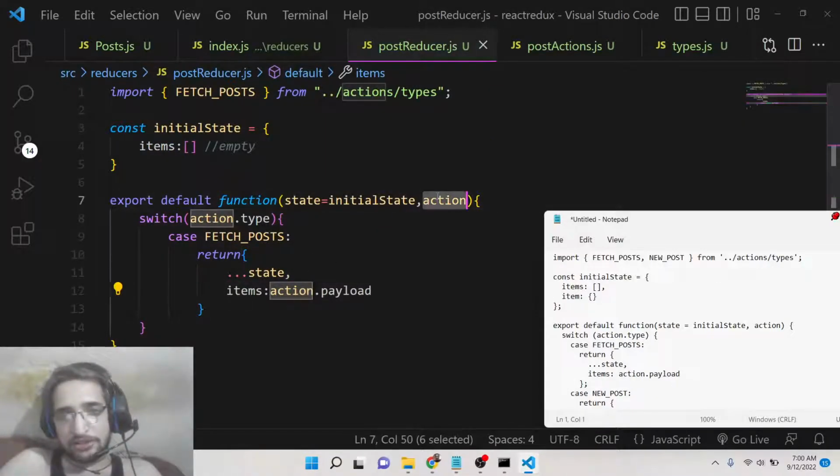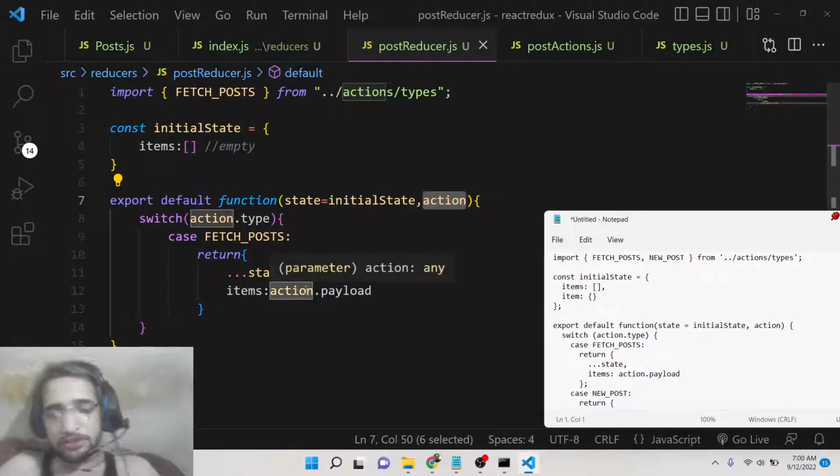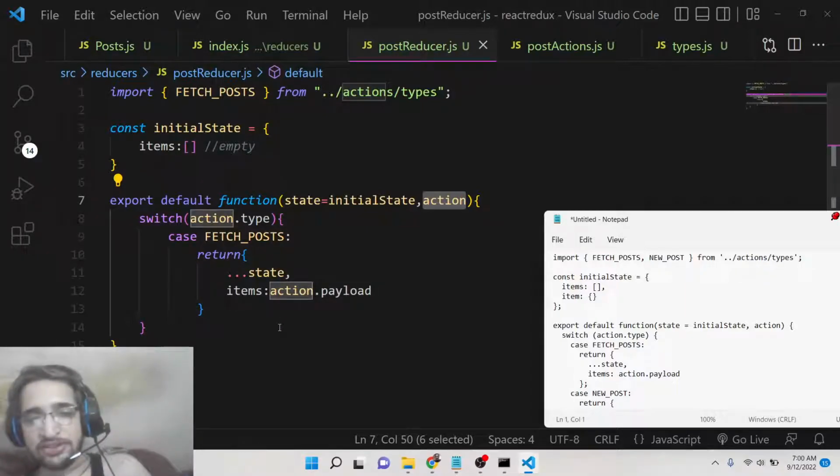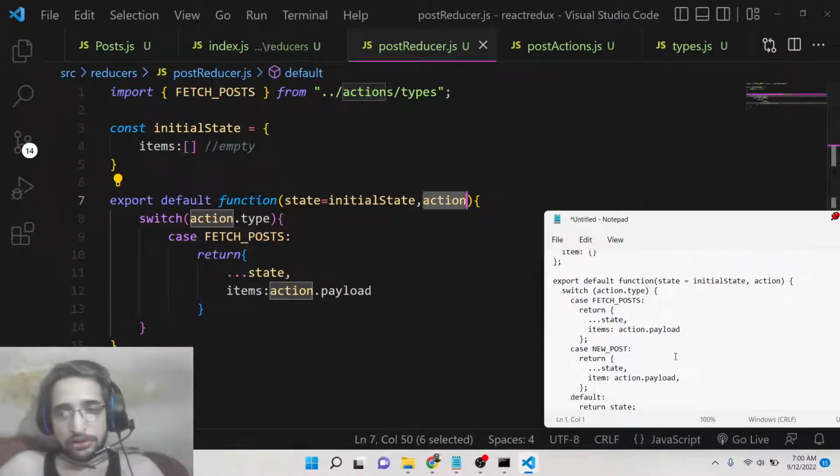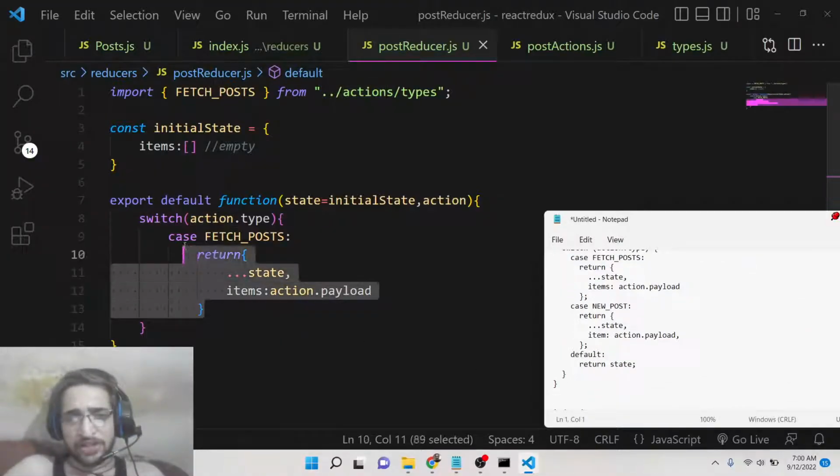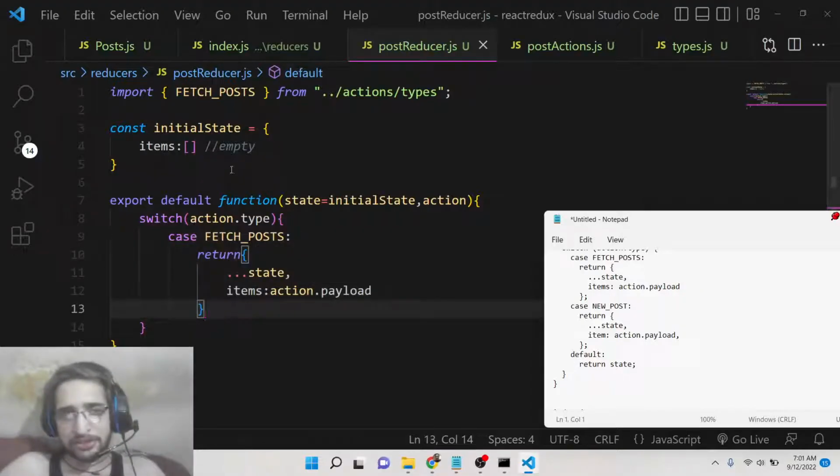You can see that this is an actual object here. This is not a variable, this is an object. So with the help of this object we are accessing the type and the payload. So in this scenario, guys, you can have multiple cases for multiple functionalities. So for the default case,